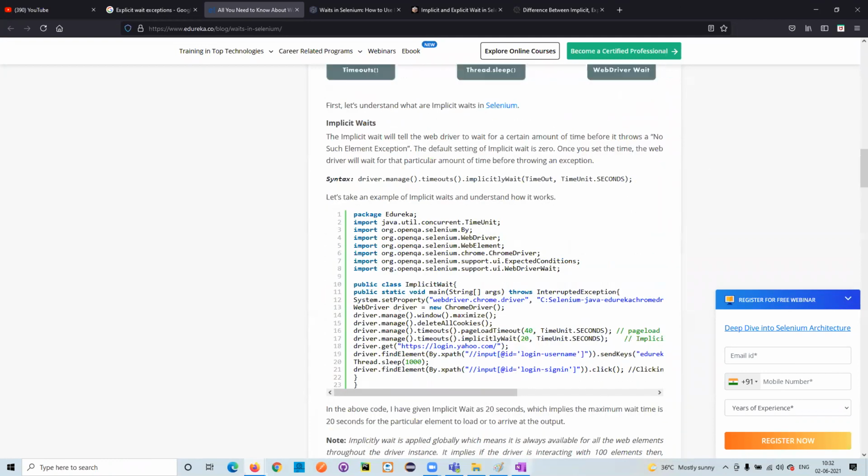See, what I'm trying to show you is, for example, now I got this particular exception, meaning an implicit wait and explicit wait exception, right? If it is an implicit wait exception, what are the exceptions we have? And if it is an explicit wait exception, what are the exceptions we have? If you know these particular exceptions, doing this debugging is also much faster and easier.